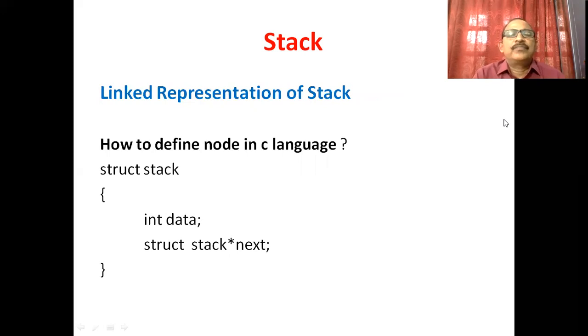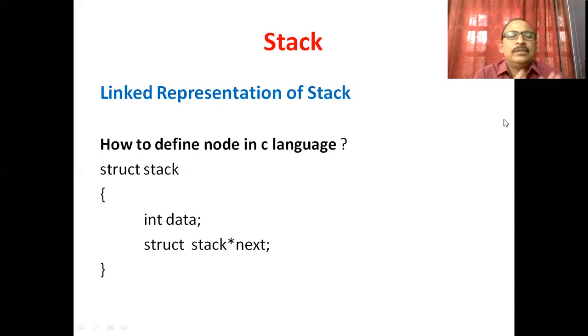Now let us see how we will implement a stack with the help of a linked list. Let us start with how we will define a node of a linked list.